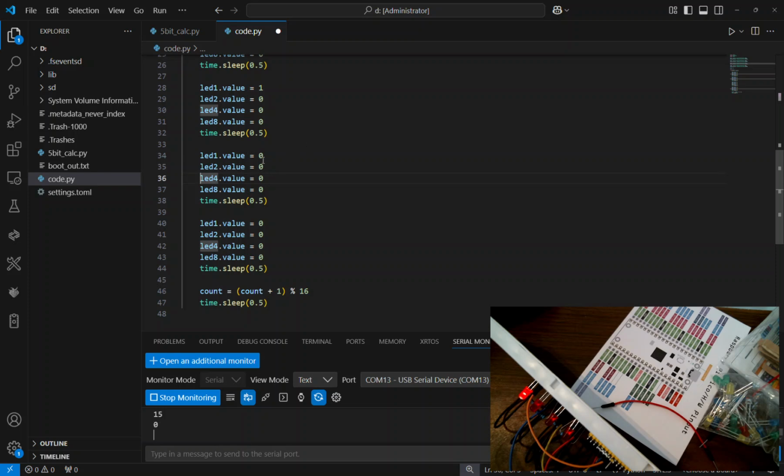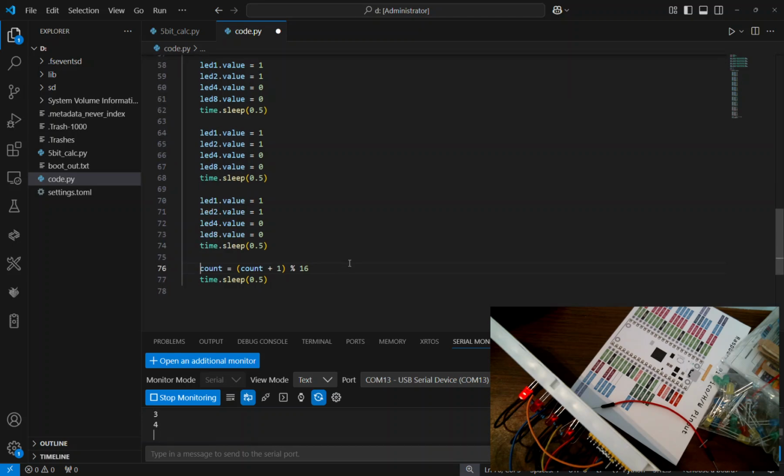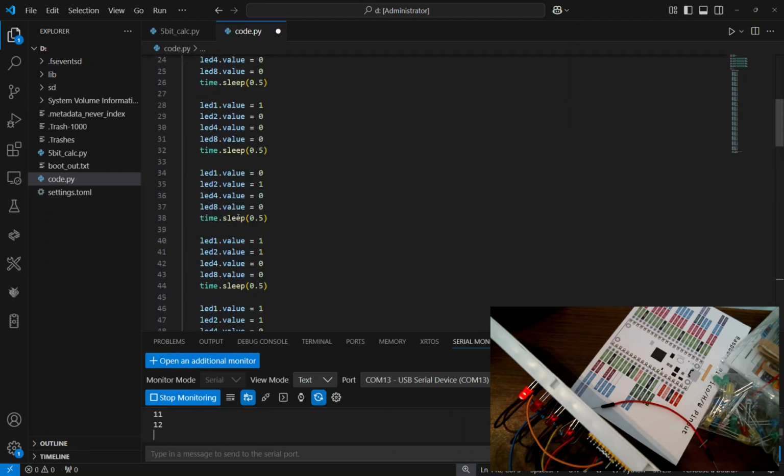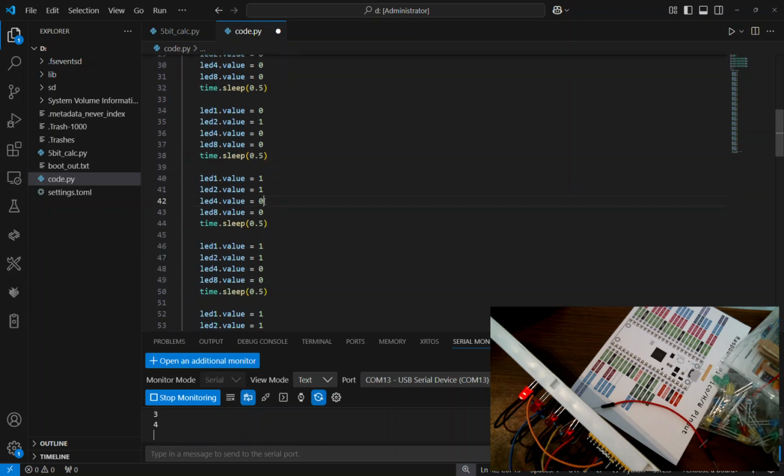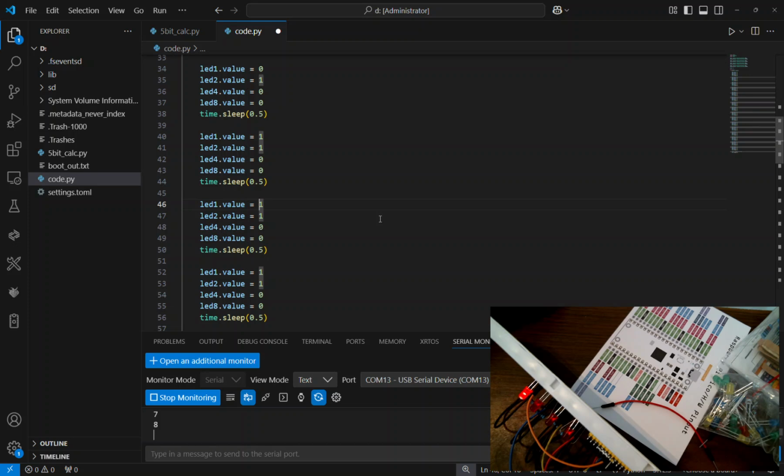And we can paste these in a few times. Right? And then if we want to do 2, we set the 2 value to 1. And if we want to do 3, we have to set, not to 2, we have to set 2 and 1 to 1. And so we can just kind of keep coming down. And so let's see, that's 3, 4, 5, 6, 7, 8, 9, 10, 11, 12, 13, 14, 15. And we have a whole bunch of numbers here. So 0, 1, 2, 3. So now when we want to do